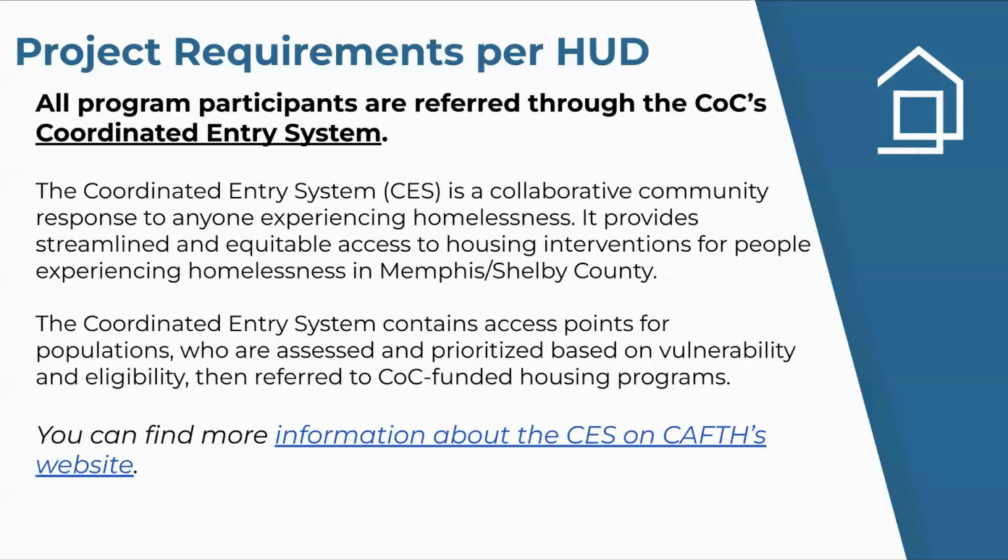So it's a streamlined process to ensure that the most vulnerable individuals are being served first, and someone who walks off the street who might not be as vulnerable as somebody who's been waiting for a spot doesn't get a spot before that person who might have chronic health issues or has been sleeping outside for 3 weeks. So there's more information about coordinated entry on our website, but this is a requirement. Everyone has to participate in coordinated entry. If you are funded through this program, you cannot just accept people off the street into your housing program. They must be matched through the coordinated entry system.